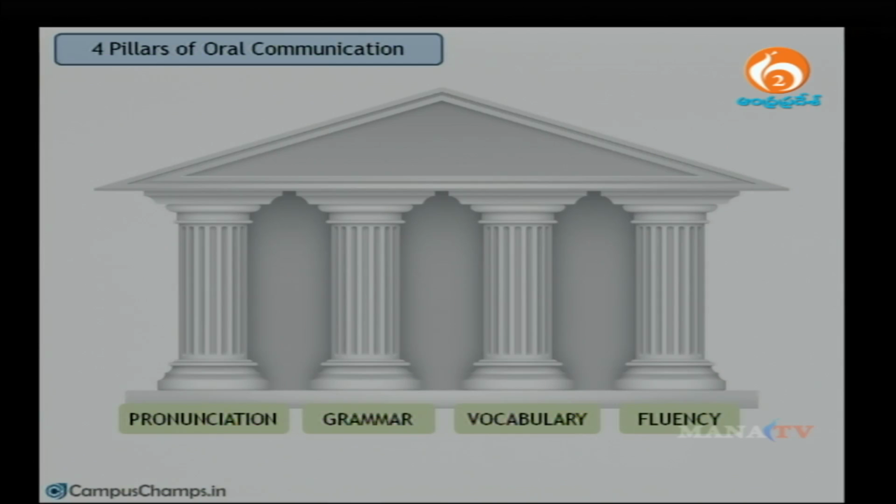So, now that we are speaking about pronunciation, because it is a part of sound, that is part of the 4 pillars. We introduced the 4 pillars as you can see on the slide right now. These are the 4 pillars: pronunciation, grammar, vocabulary and fluency. So, I got started with pronunciation. So, let us go deeper into the pronunciation aspect.